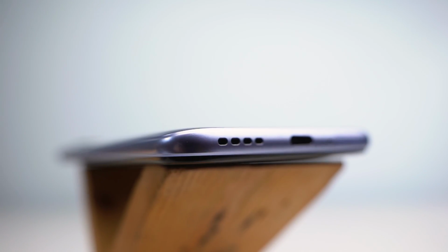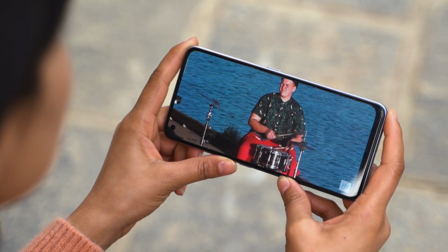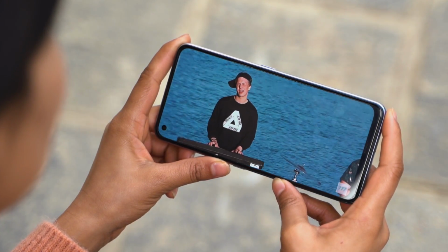What's also average here are the mono speaker and vibration motor. It does not get dual speakers like the Realme 7 Pro or the Redmi Note 10 Pro. As a result, you don't get that immersive sound experience. However, the audio quality is not that bad and it does not distort at highest volumes like we noticed with